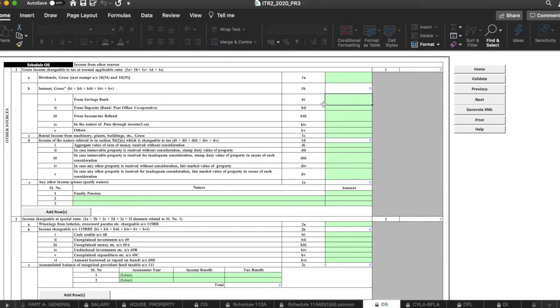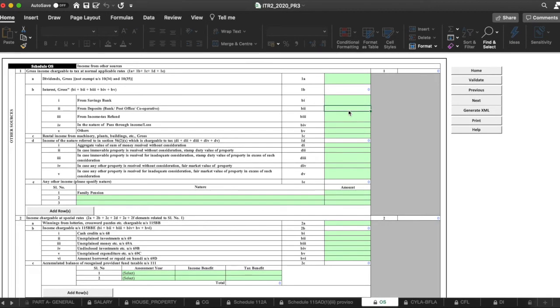From there you have to sum the total interest you have received from the savings bank. If you have 2 or 3 bank accounts, then you have to consolidate the total amount and update it here.